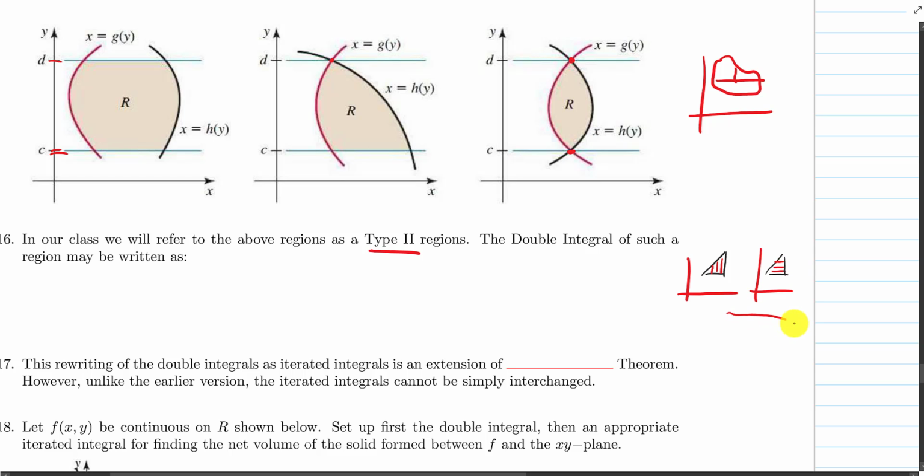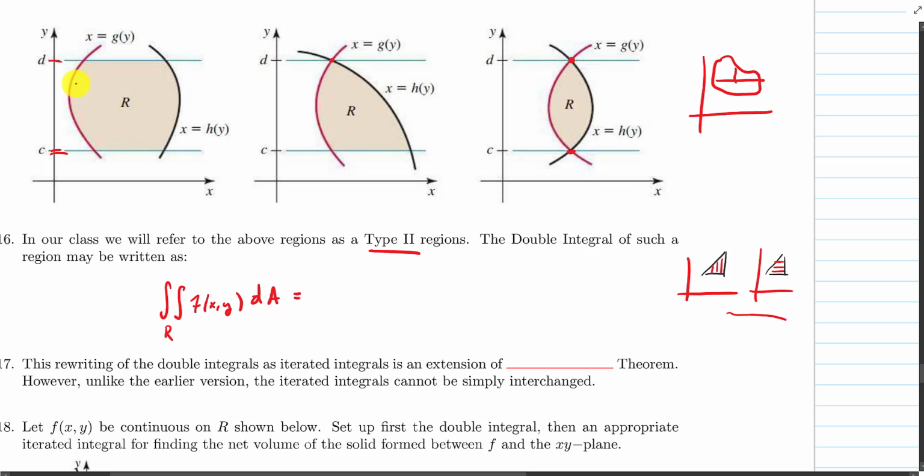But anyway, once we've got a type 2 region, how are we going to integrate it? Well, in this case, the choice is the order of integration, right? So we've got the double integral over our region R of f of x, y dA. How are we going to integrate this? Well,